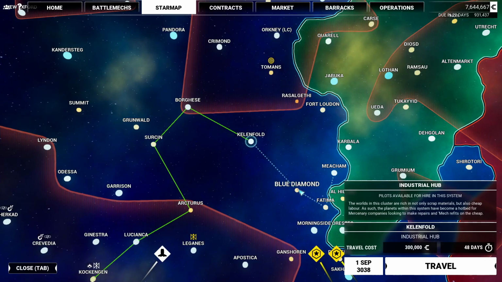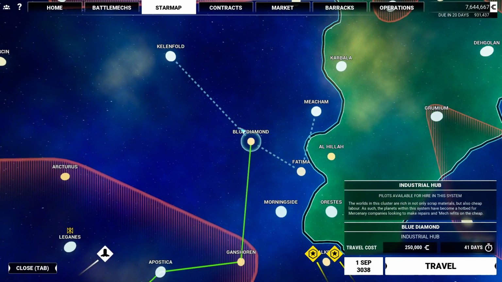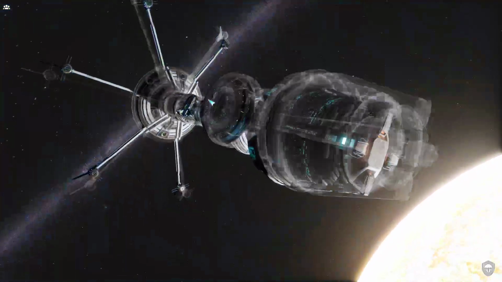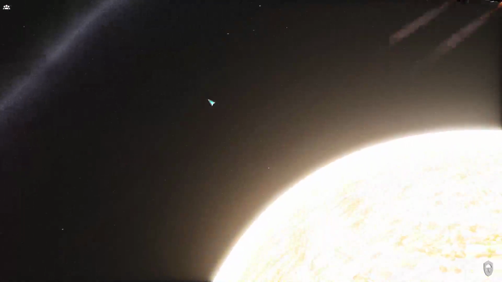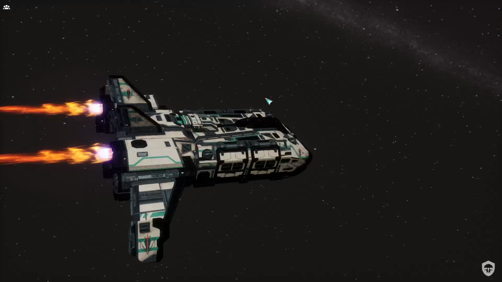We are going to an industrial zone. And we know it is an industrial zone because it has a dotted line here. So any of these planets we can get repairs at. There are battle mechs, pilots, equipment. All the stuff we need to do mech stuff are at industrial hubs. Also, repairs are cheaper, so you're going to always want to travel to industrial hubs to do your repairs. When we get there,